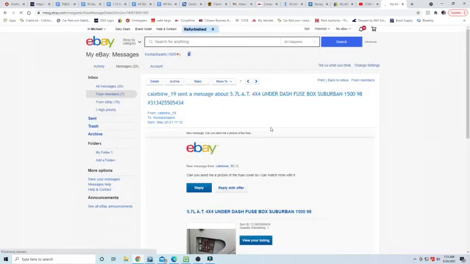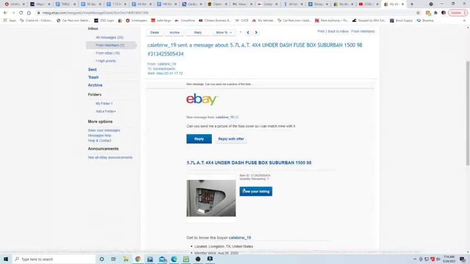Same thing with this one. Can you send me a picture of the fuse cover so I can match mine with it? It's another simple one. Hopefully this cover he's talking about is this piece right here that covers the fuse box. So hopefully that piece is still in the vehicle. If it is, I'm going to take a picture of it. Again, I'm going to write down what he wants. I'm going to go into the listing,